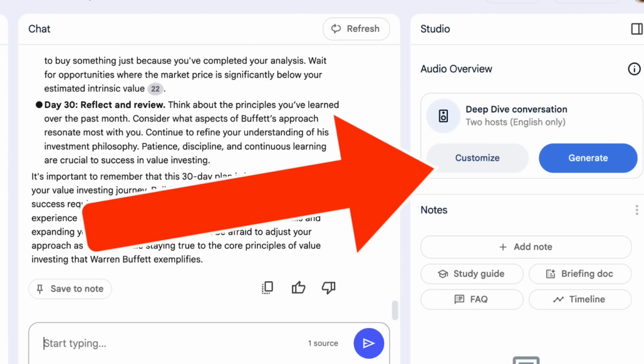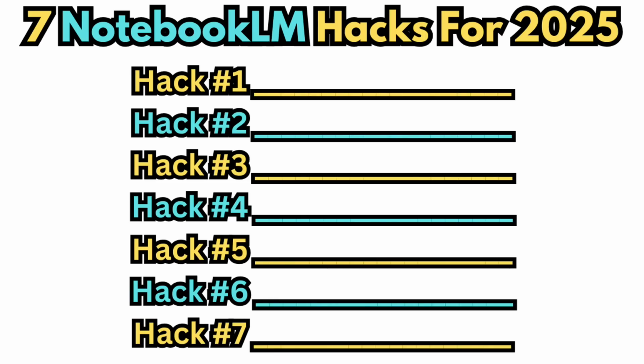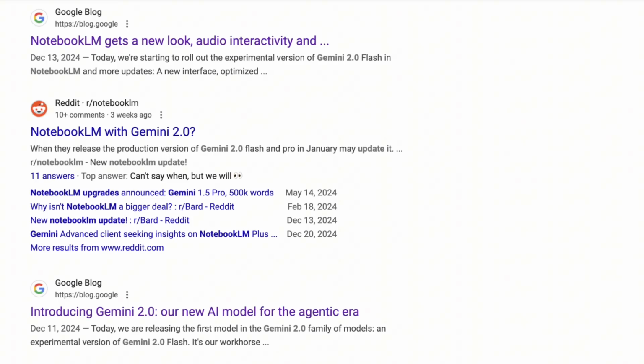Did you know that you can use NotebookLM to create AI-generated podcasts about any topic? Or maybe you didn't know that you could now use NotebookLM to basically automate a bunch of different busy work that you're probably doing right now that's taking up hours of your life. Well, those two things are absolutely nothing compared to the 7 other hacks I'm going to share with you in this video that you can now do with NotebookLM because it just got a major upgrade by adding Gemini 2.0